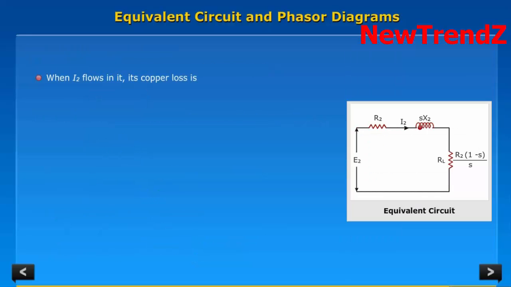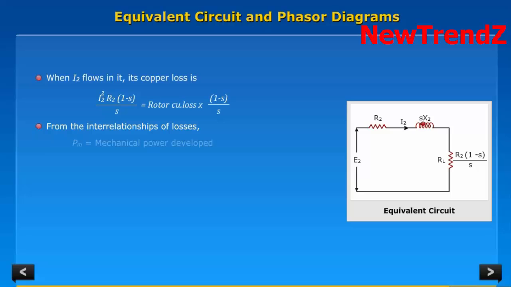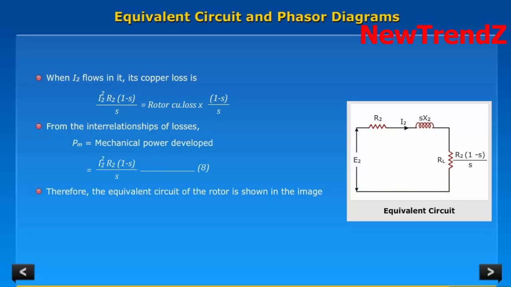When I2 flows in it, its copper loss is, from the interrelationships of losses, Pm equal to the mechanical power developed. Therefore, the equivalent circuit of the rotor is shown in the image. If the turns ratio K equals N2 by N1, equal to turns per phase in the rotor by turns per phase in the stator,